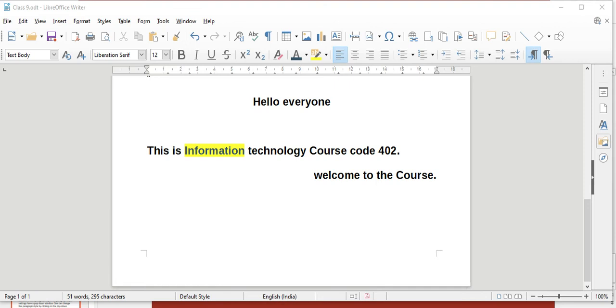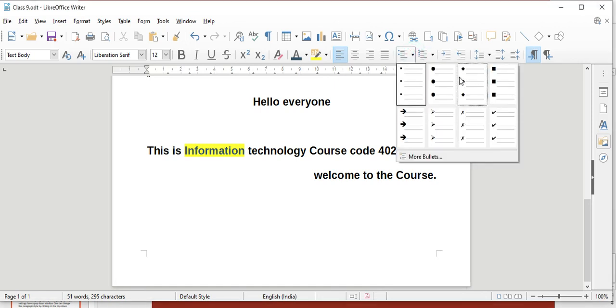The general options available for bullets and numbering are here. If you want to make a sub list under this, you can click on the more bullets option.